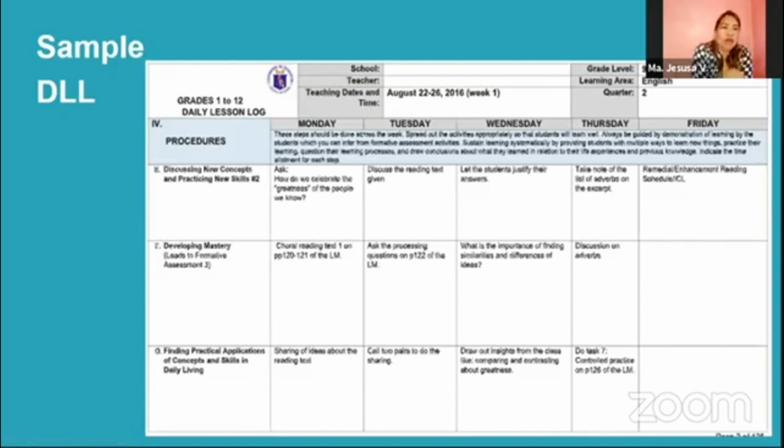Okay. So again, the procedures. So here sometimes, do you give everyday activities? Okay, everyday activities. Sometimes students used to procrastinate. Ma'am, it's already time, and I'm quite guilty of this. I let them enjoy the time until they finish the activity. So you can see on the next day, it will reflect on my lesson plan or DLL that it is to be continued, just to allow my students to enjoy. Okay, next slide, ma'am. Thank you.